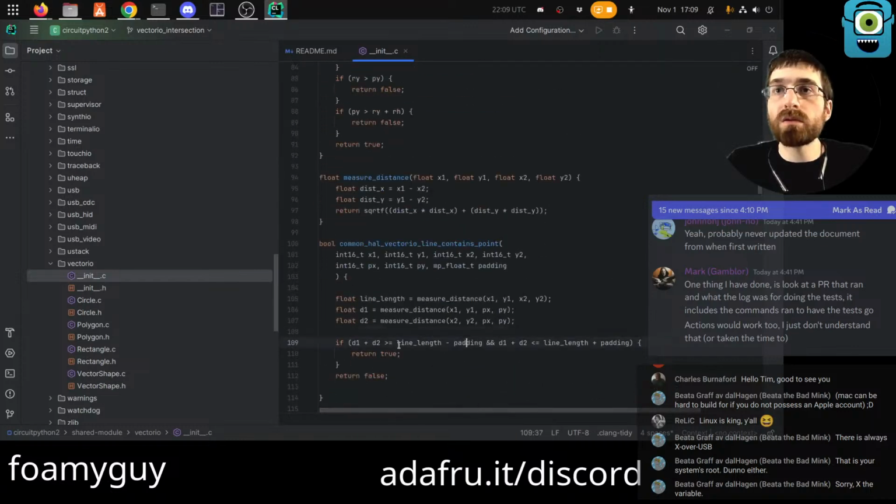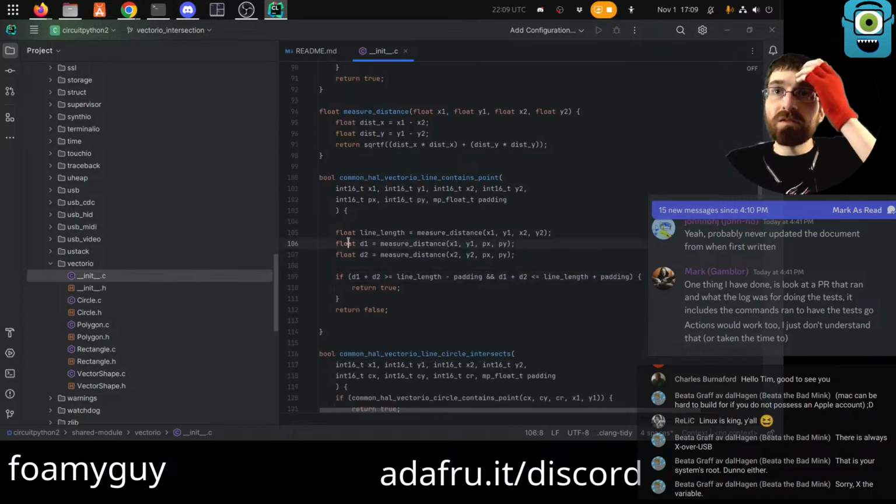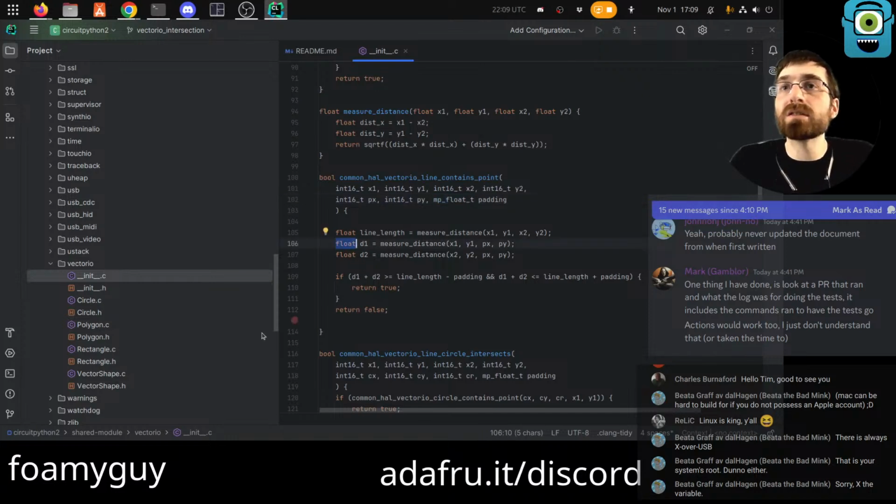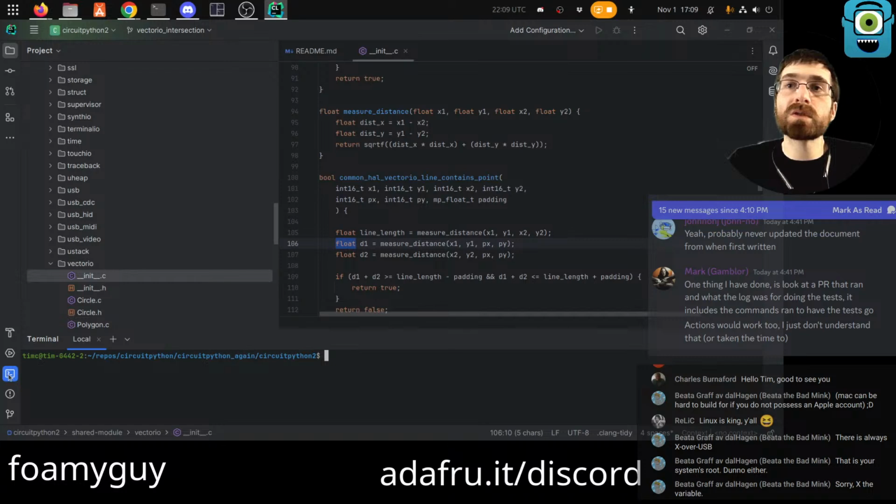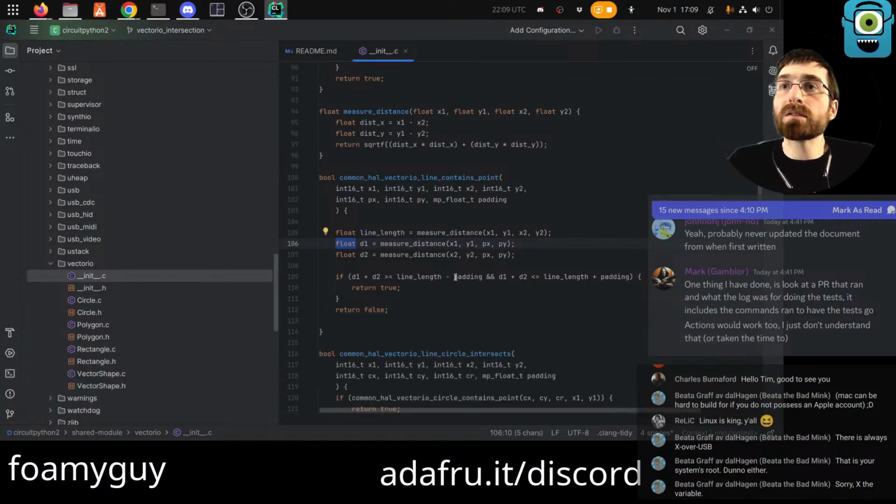All right, so float D1, D2 are both floats. Line length is a float. Padding is an MP float. That's probably the one that is making it weird. D1 and D2 are floats. Line length is a float. Padding is an MP float, and all the rest of these are just floats. And it doesn't seem to be super happy about that. Maybe if we just implicitly float that, is that good enough to